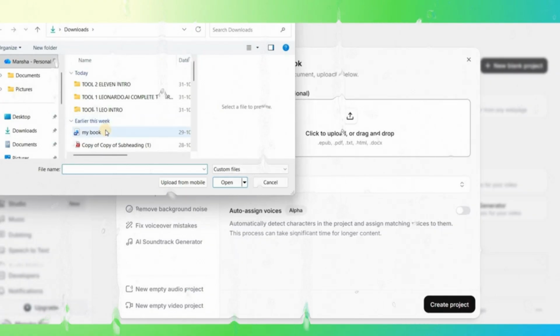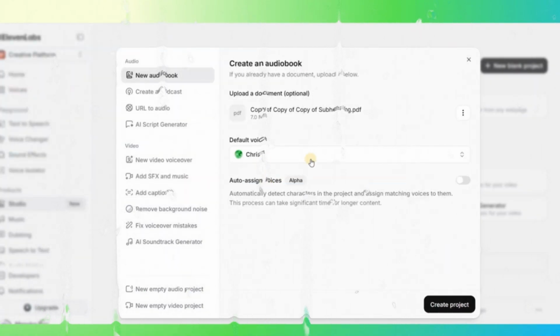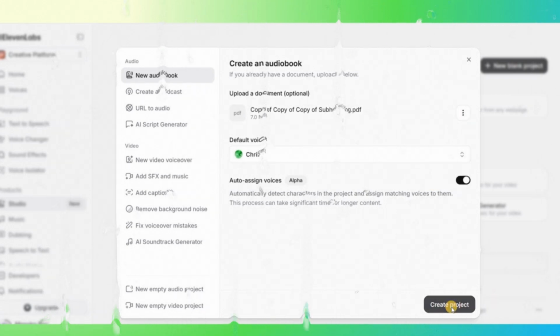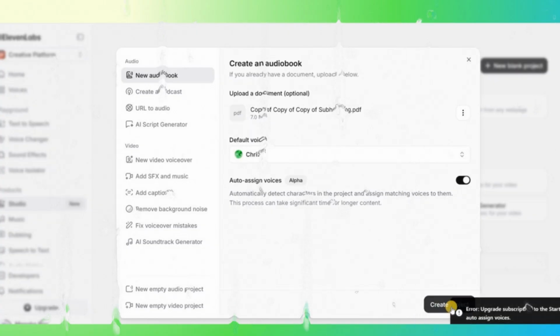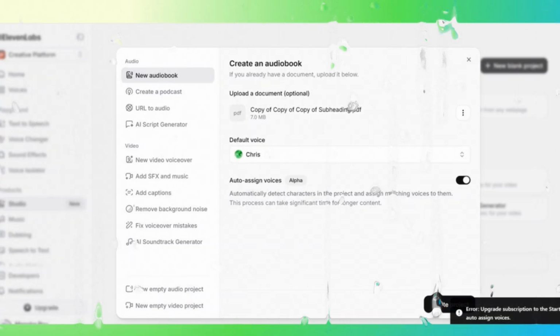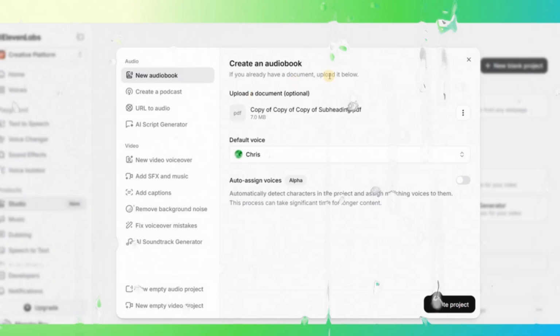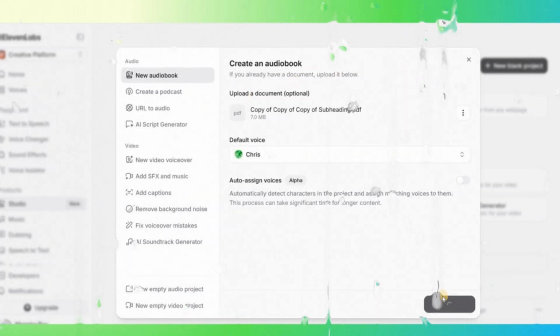We'll upload a document. So I've uploaded this document. Let's see if this thing actually works out. This is for your update subscription for starter tier to assign voices. If you already have a document uploaded below, I uploaded it. But let's see what's